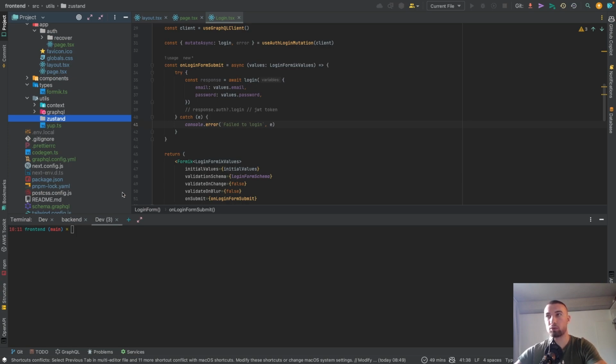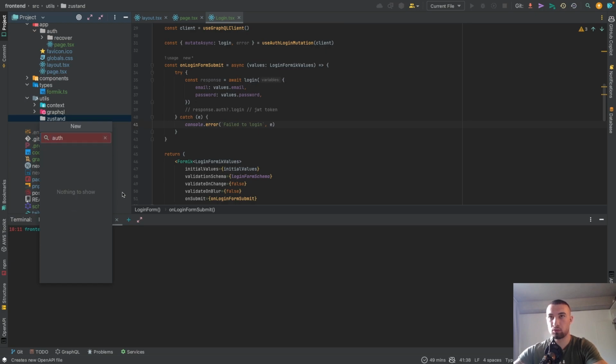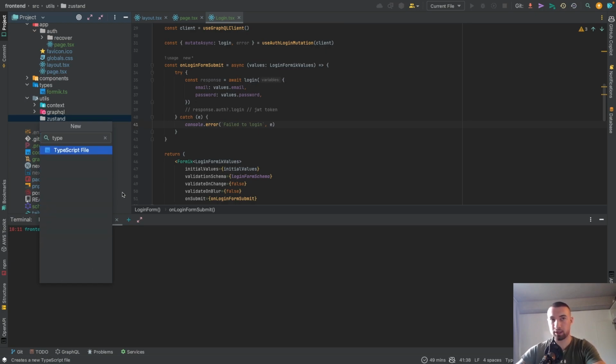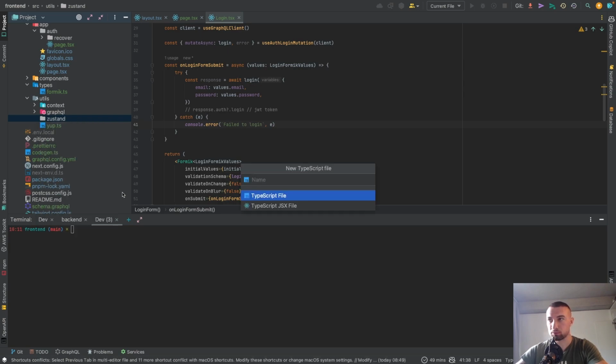We can say token, right? Or auth. We can say auth, and there we can store authentication state, such as tokens or maybe a user as well. So let's say auth,